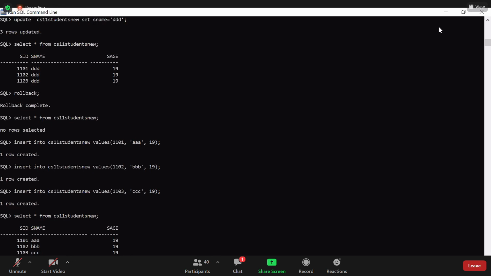So update. Now I want to update the student roll number 1, which belongs to 1101. The S name is with 3 days. So I'll specify here the condition where SID equal to 1101. For this where clause, if the SID is an integer, then no need to specify that value within quotations. For varchar only, we have to specify the values within single quotations. So now I will execute here.